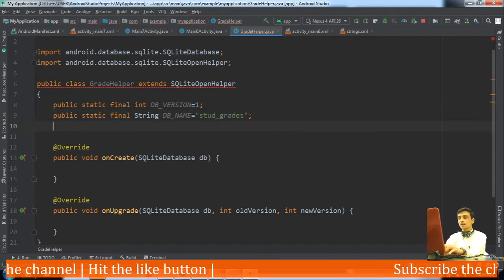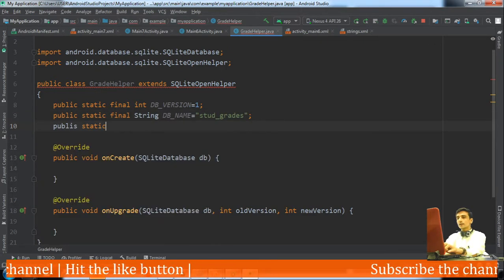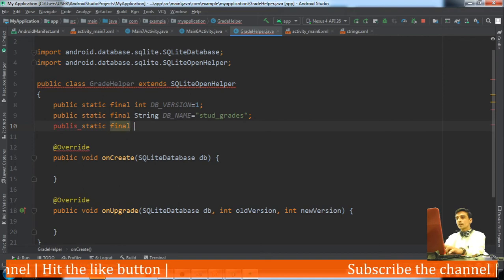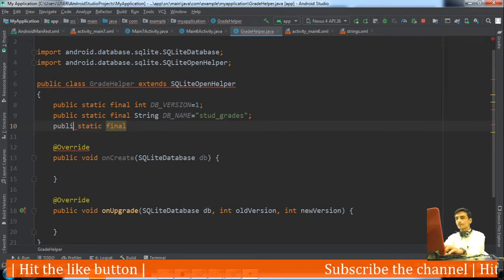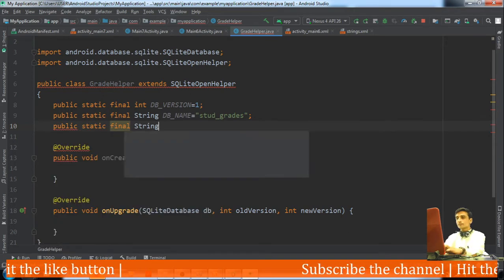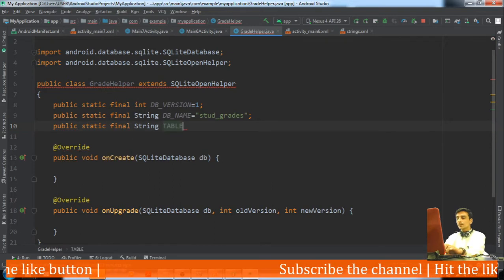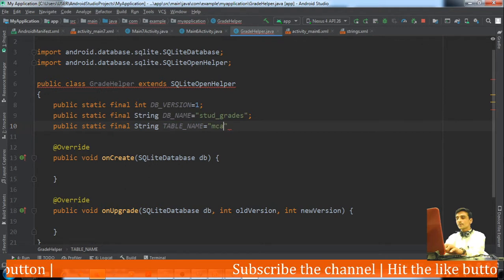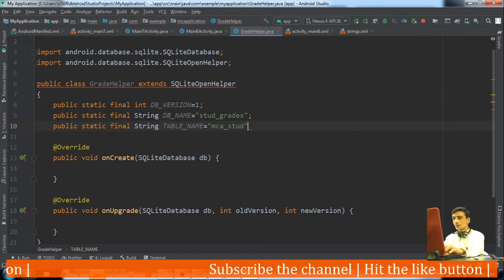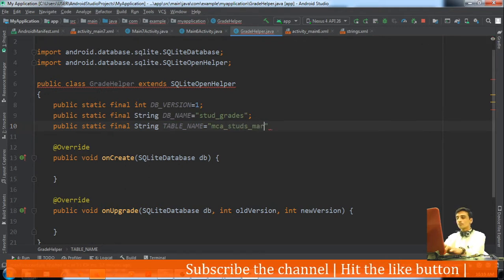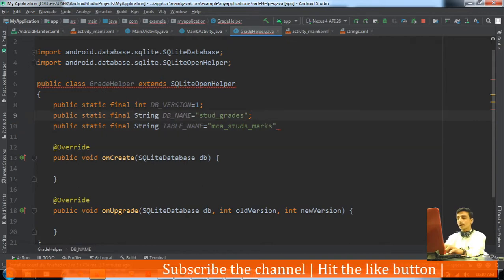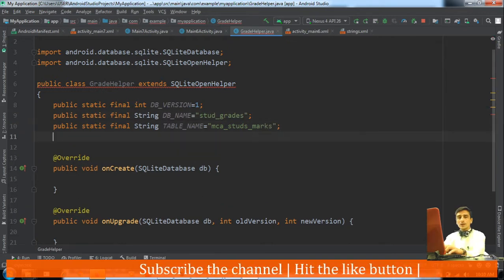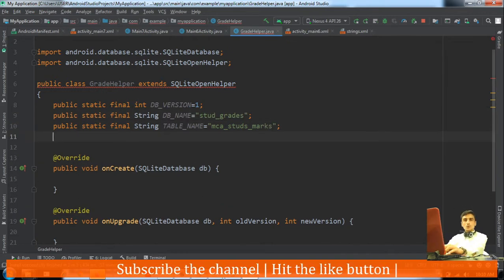Then public static final String TABLE_NAME equal to MCA stud marks. We have named the table MCA stud marks.